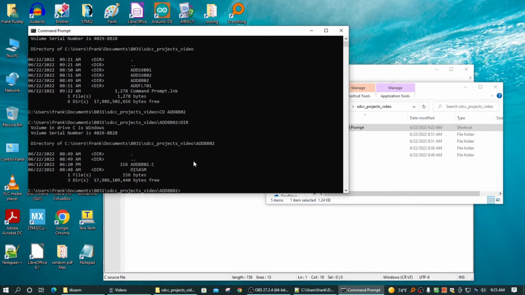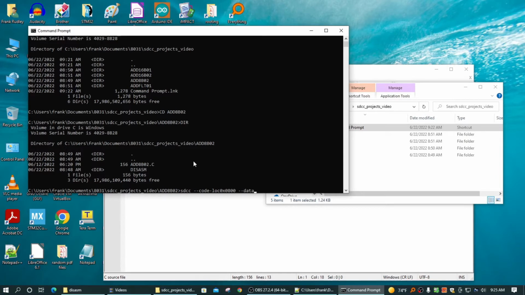So what I want to do is run SDCC. But I want to do a couple of things here. So one thing I'm going to do is start the location where I want to put the program, because my user memory is at 800 hexadecimal. So that's why I put this command in, and then I want to put where the stack is